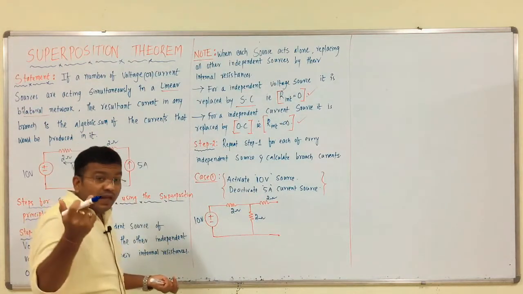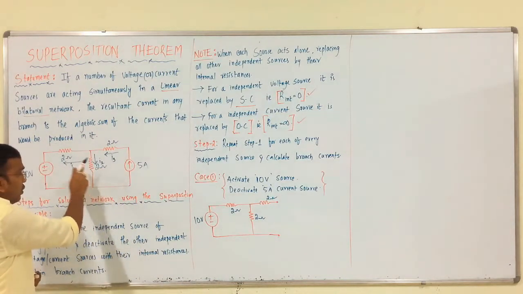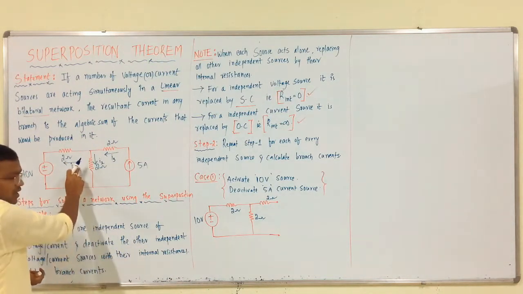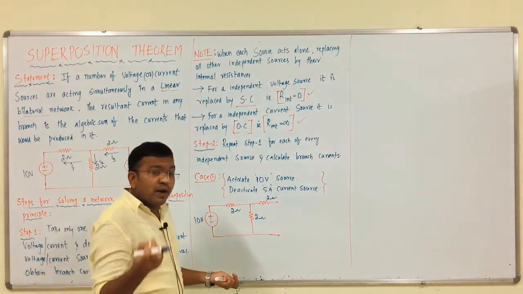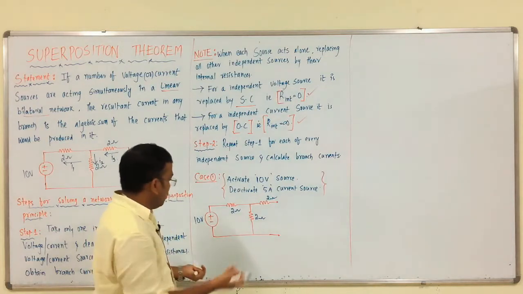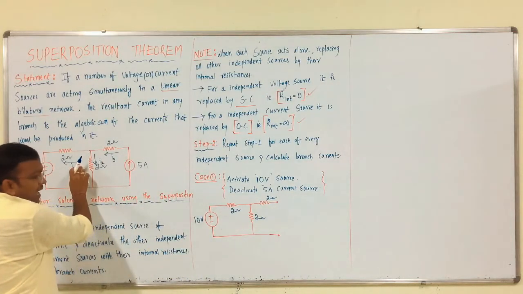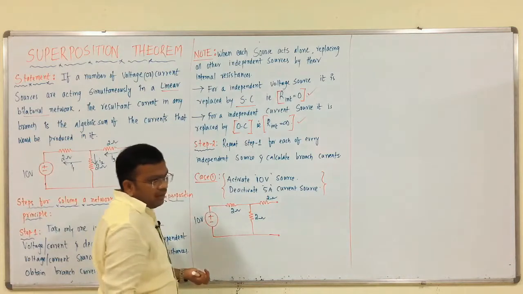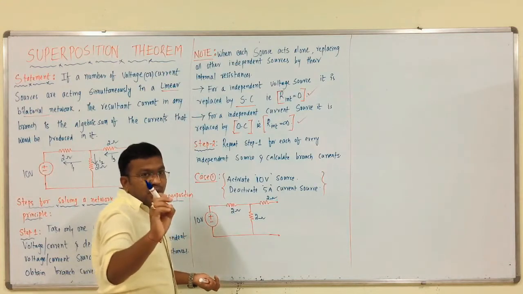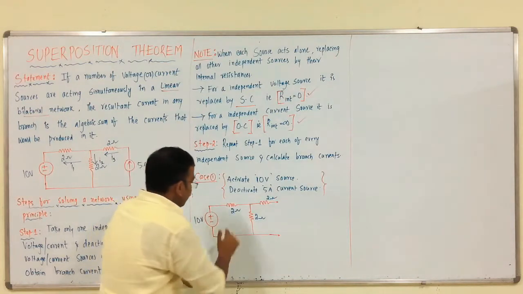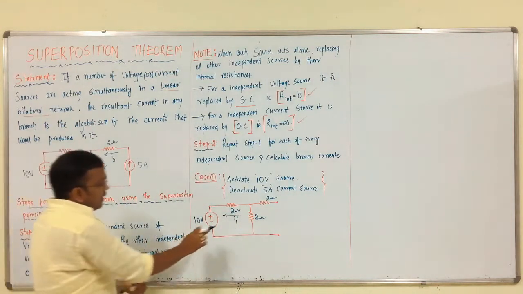Now, we have to assume our current directions from this circuit. This is the main circuit, the given circuit. In that circuit, we have to assume our current directions. These are the assumed current directions I1, I2, I3. In this case also, we have to provide proper current directions. It is our wish. Here I am considering the I1 current direction as anti-clockwise. Here also I am providing the current direction as anti-clockwise or clockwise. It is purely our decision. Now, this is I1 dash. It is I1, and it is I1 dash.